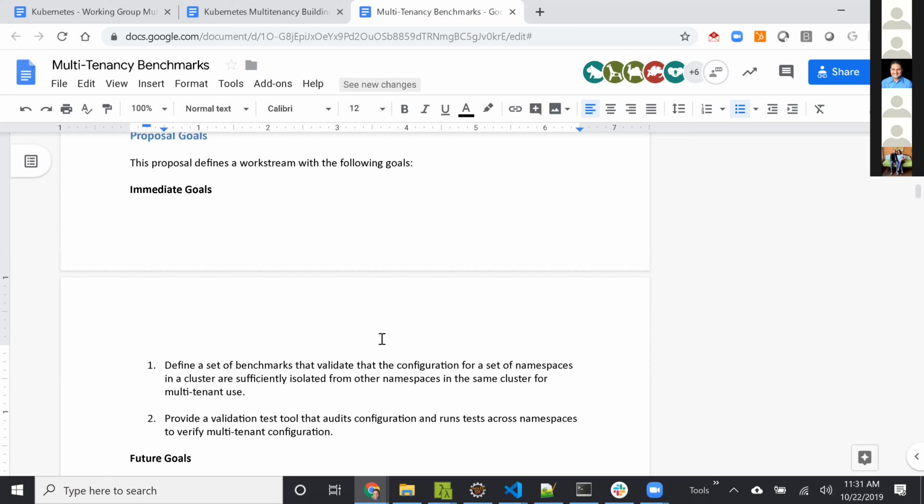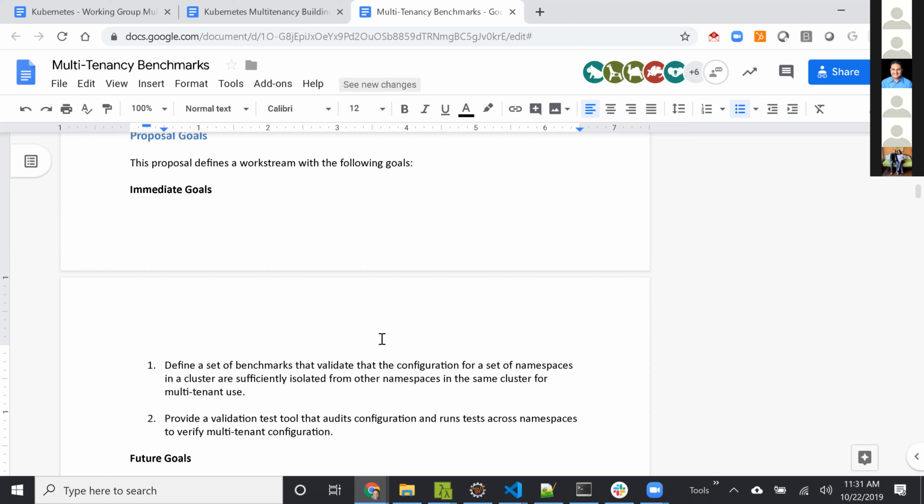And by the way, I know there were some comments on this, the terms we're using are heavily inspired by the CIS benchmarks for Docker, Linux, and Kubernetes. They have the same sort of benchmarks. There are of course tools like KubeBench out there, which are validation tools that try to validate that those benchmarks are being met.